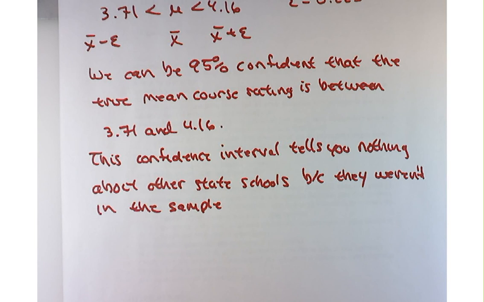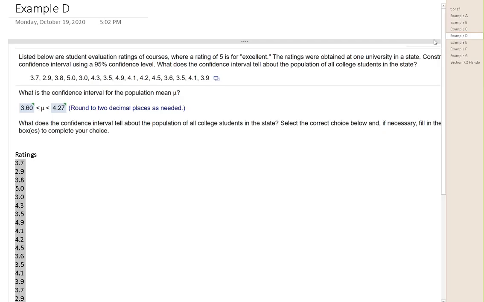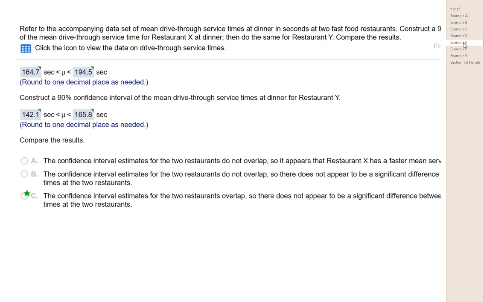Let's go to our next example, and this one's already kind of done for us. At least, you know, a lot of the heavy lifting. And that is, we've got data from 2 different restaurants. It leads to 2 different confidence intervals. So example E, we got these 2 different confidence intervals. One of them is for restaurant X and one of them is for restaurant Y. I don't want to call them restaurant X and restaurant Y, so we'll call it Burger King and Arby's. All right, so